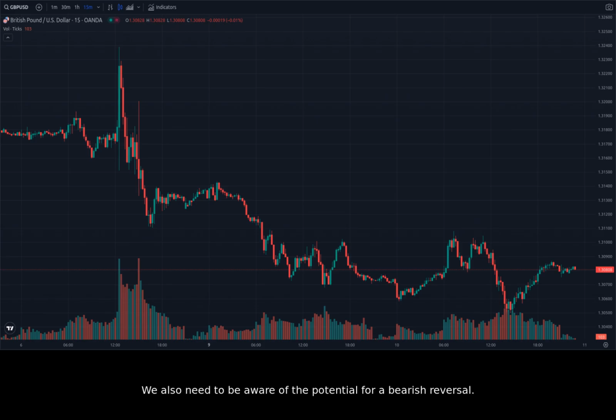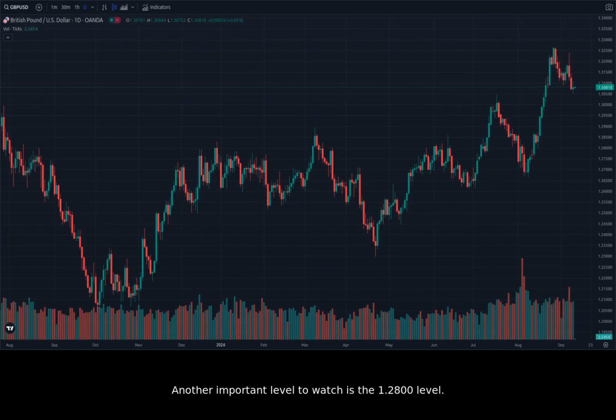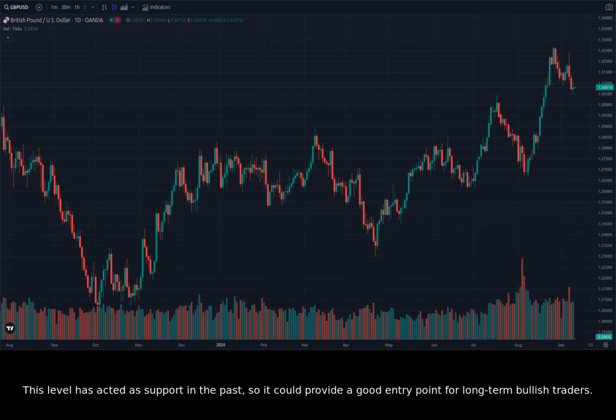We also need to be aware of the potential for a bearish reversal. If the GBPUSD drops back below the 1.3000 level, it could indicate a short-term bearish trend. The 1.2900 level might act as support in this scenario, but it's not a guarantee. Be cautious and watch the price action closely. Another important level to watch is the 1.2800 level. This level has acted as support in the past, so it could provide a good entry point for long-term bullish